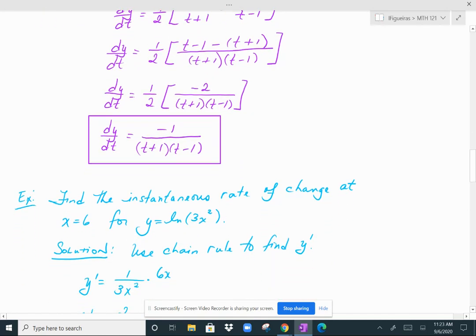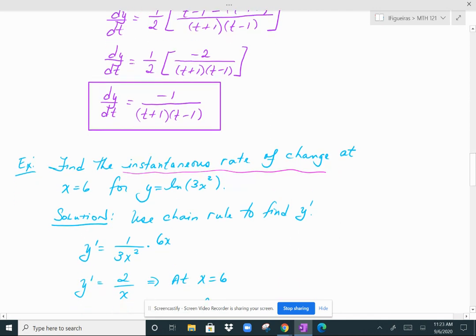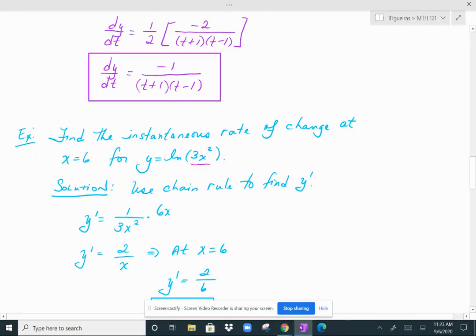All right, so here we want to find the instantaneous rate of change at the value of x equal to 6 for y equal to ln of 3x squared. Remember, this is just another way of asking you to find the derivative. And here, instead of expanding, I'm going to show you how you can just use chain rule. This inside part is pretty simple, so chain rule wouldn't be too much trouble for you. So when I take the derivative, you do 1 over 3x squared, that's the derivative of the outer function ln,